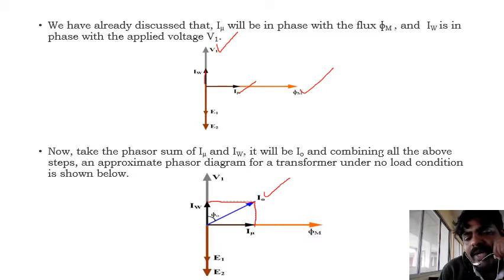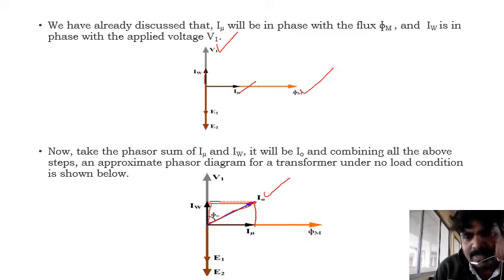In a right angle triangle, so why do I consider the right angle triangle here? Because I am supposed to represent these two magnitudes, that is IW and I mu, and also I used to represent I naught. How can I represent IW? Just consider the right angle triangle here. So this is a right angle triangle.